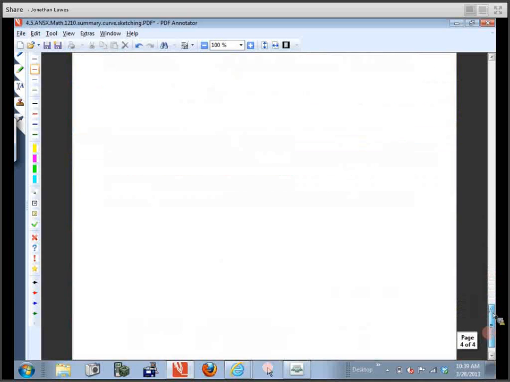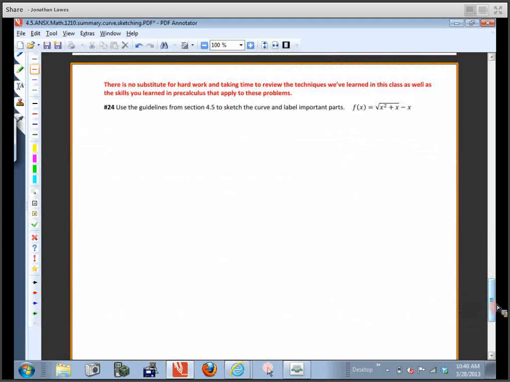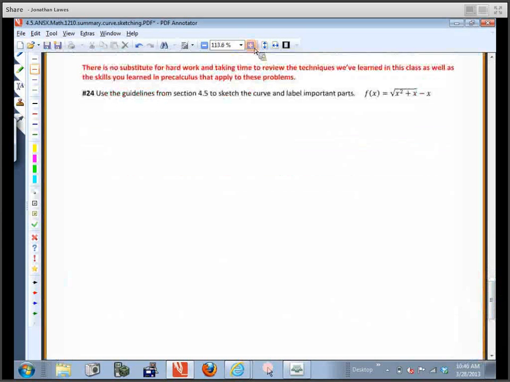Okay, I wrote a little note on here. I realize these can be frustrating. These can take a while to kind of get the hang of. It does take a lot of practice. David was talking earlier, he used a whole page of paper to do one problem. It's not uncommon, okay? It's just the way it is. If it makes you feel any better, I've done problems that take 5 pages of paper, okay? And then I still get it wrong. So that's not comforting, but